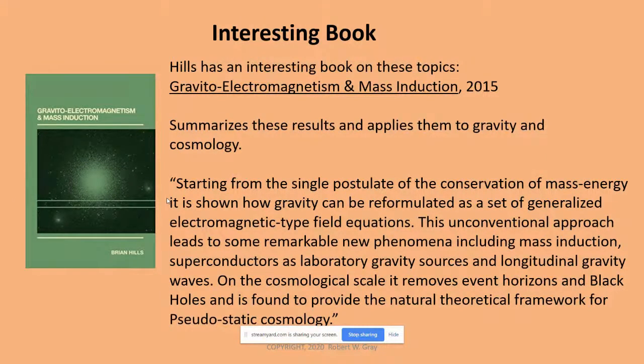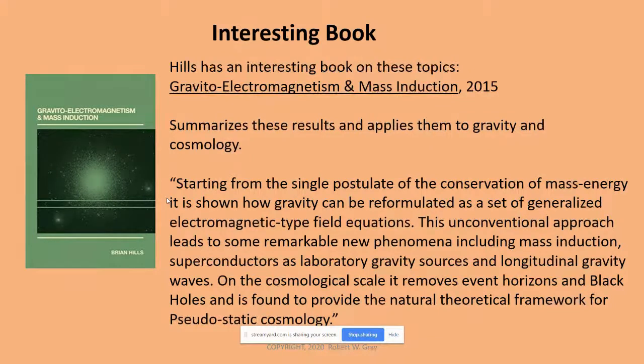From the back of the book, the description of the book: starting from the single postulate of the conservation of mass energy, it is shown how gravity can be reformulated as a set of generalized electromagnetic type field equations. This unconventional approach leads to some remarkable new phenomena, including mass induction, superconductors as laboratory gravity sources, and longitudinal gravity waves. On the cosmological scale, it removes event horizons and black holes and is found to provide the natural theoretical framework